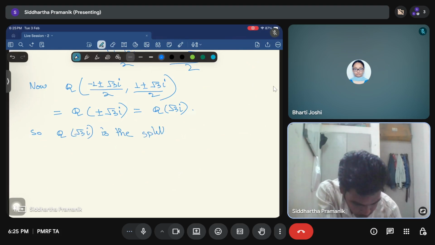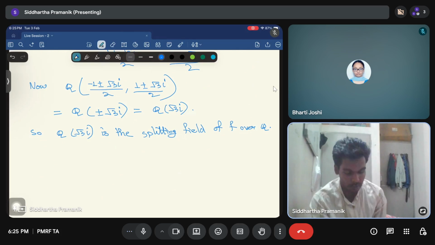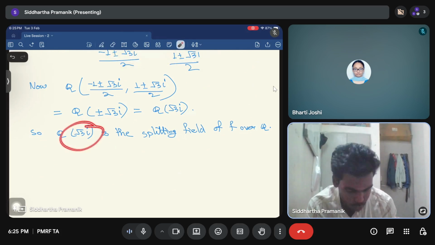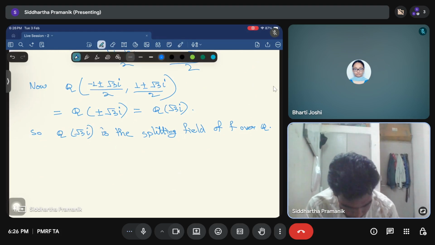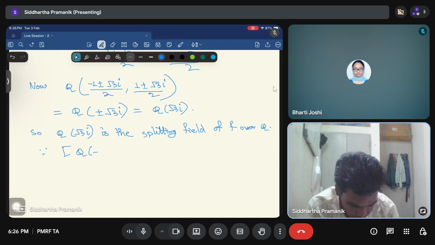So it is the splitting field of F over Q, because you will not get a smaller field. Why will you not get a smaller field? Because this degree is 2. Because in this field the polynomial F splits completely, because it contains all the roots, and it is the smallest such field